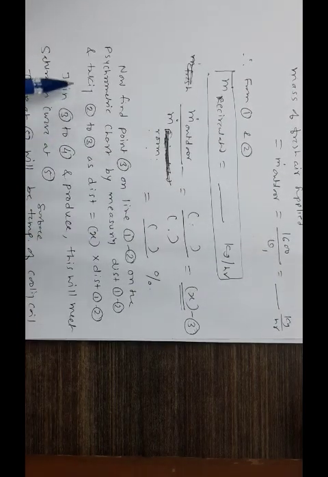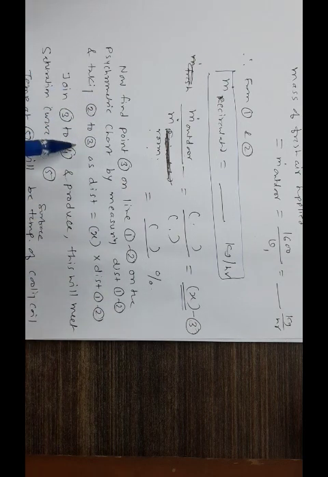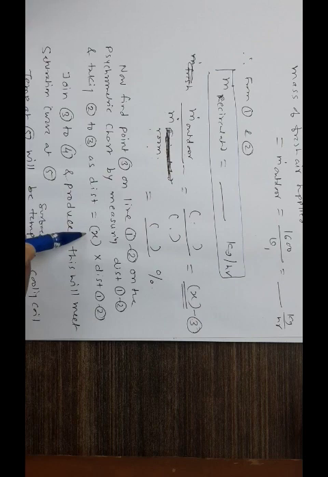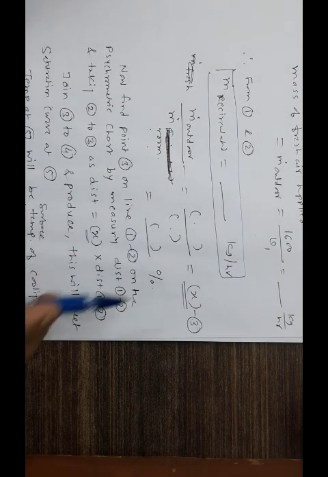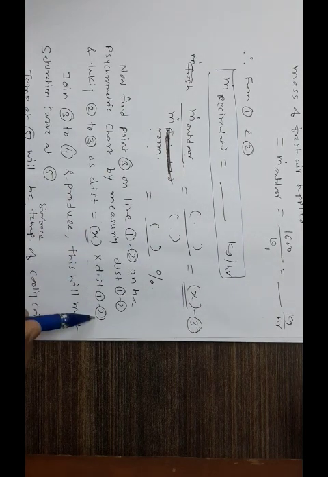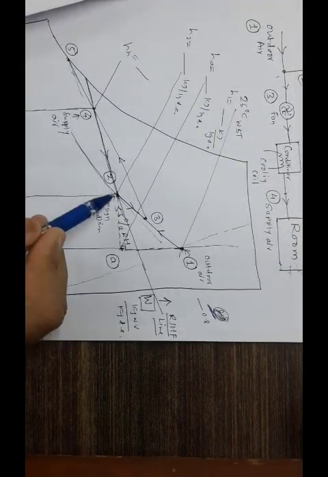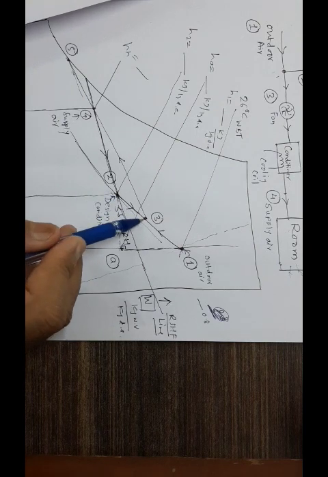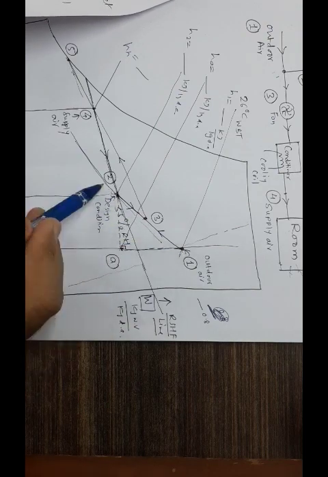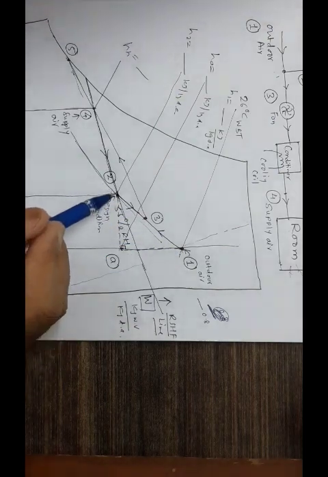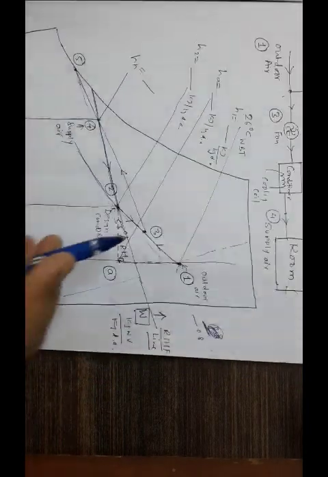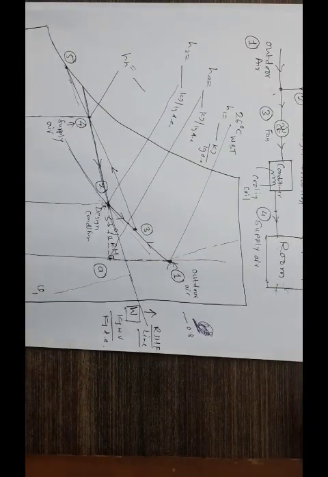So what you have to do is, on the psychrometric chart, measure the distance 1, 2 and take the distance 2 to 3 equal to 0.35 for example, multiplied by 100. 100 is the distance which you have found out here. So it becomes 35 mm. So from here it will be 35 mm, 38 mm, 39 mm, whatever the percentage is accordingly. So you have to find out the point 3 at this place. Once you get point 3 on this, I hope it is clear to you.